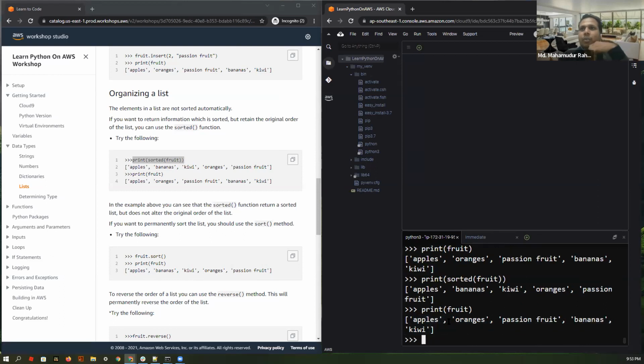So we can see the original list remains the same, right? We just use this sorted method to sort the things inside the list, but we are not actually changing the original list. So if we want to change the list,